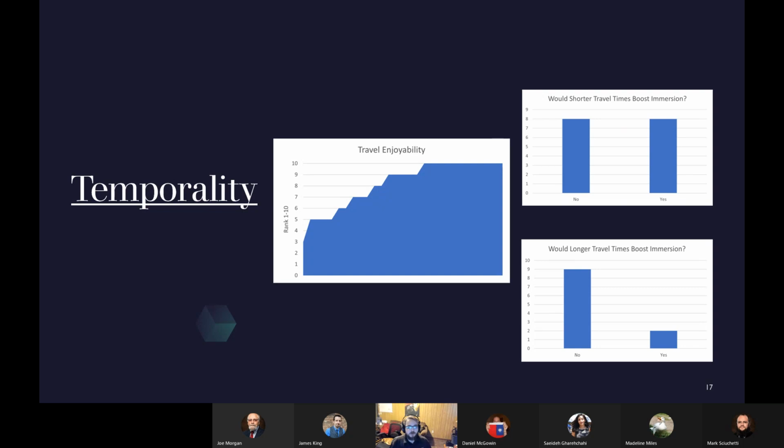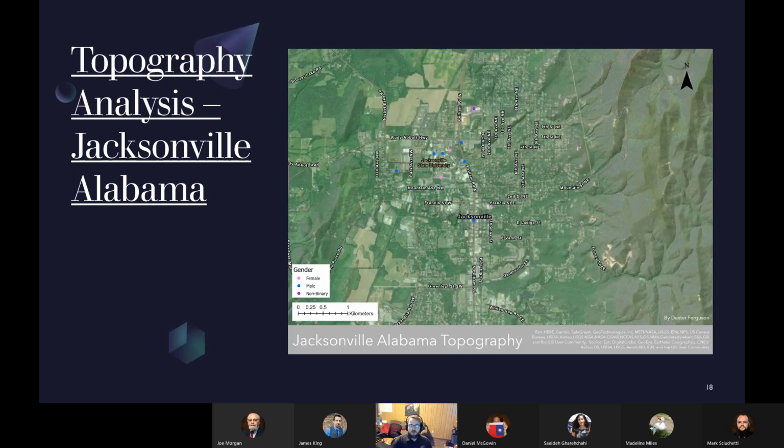And I decided to include just one of the topography analyses I did. This one being the one we're most familiar with, Jacksonville State University. So for the topographic map, I created that using a hillshade raster and satellite imagery to examine the topography of the participants' surrounding area. So as you can see in Jacksonville, we have our semi-urban area, Chocolocco Mountain, and some hilly and forested areas close by.